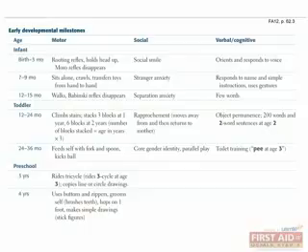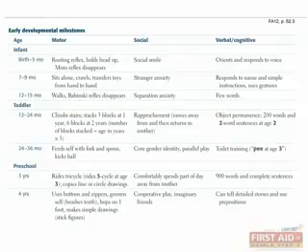3, and hopping on 1 foot, using buttons and zippers, self-grooming, and making simple stick figure drawings at age 4. Social milestones in the preschool age group include comfortably spending part of the day away from the primary caregivers at 3 years, and undertaking cooperative play and having imaginary friends by age 4. Verbal and cognitive milestones in the preschool age group include a vocabulary of 900 words and complete sentences by age 3, and the ability to tell detailed stories by age 4. As an example, at 3 years old, a child should be able to play in parallel, speak in complete sentences, copy a simple shape, and ride a tricycle.